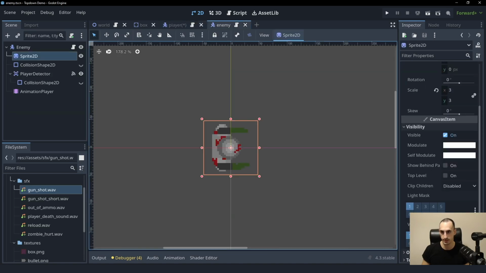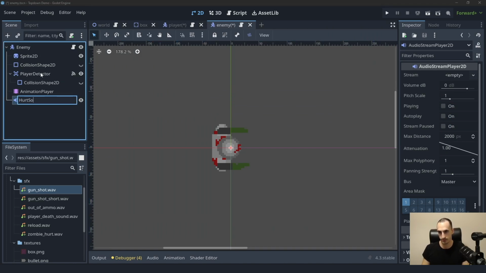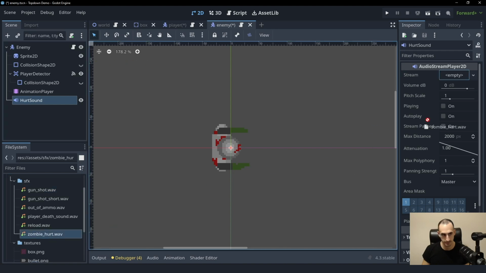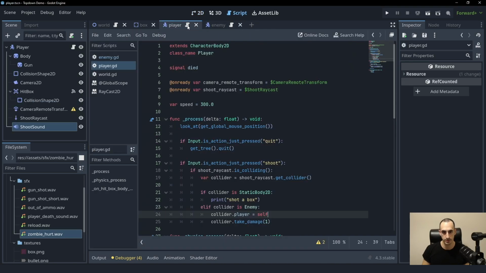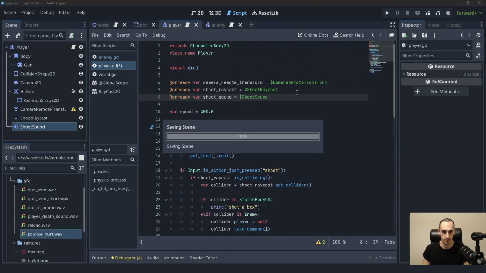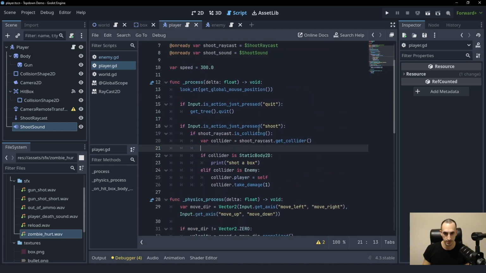And then we'll also do the same in the enemy, and this will be the hurt sound, which will be zombie hurt. And those will be the only ones I implement in this lecture. So very straightforward. Let's first of all do this one by one. I'll create a reference here. Let's do the shoot sound first. So this will be in here. So after we shoot, we can just say shoot